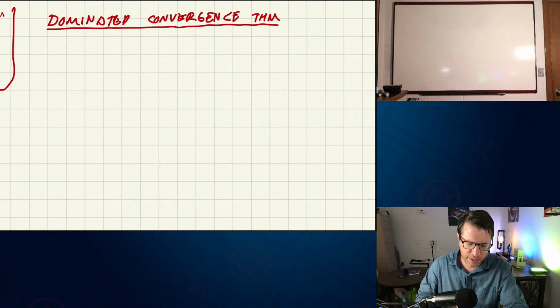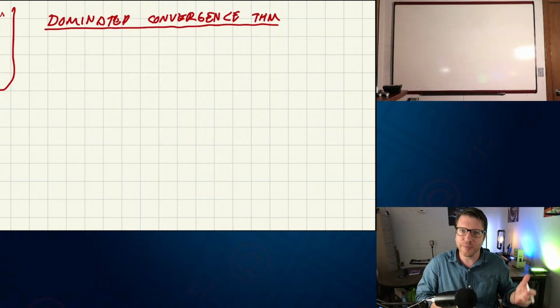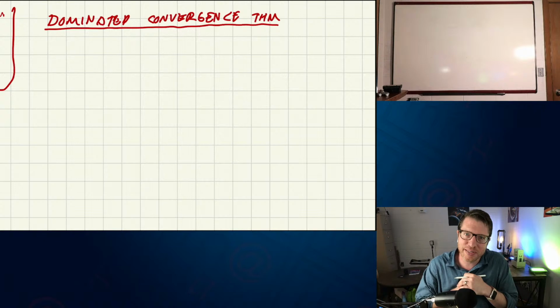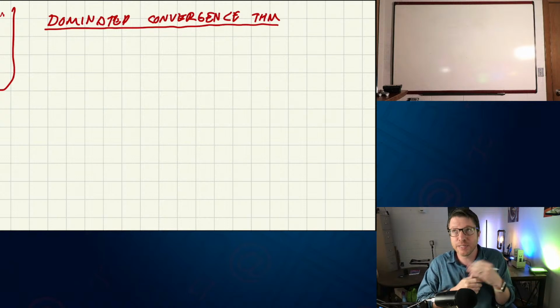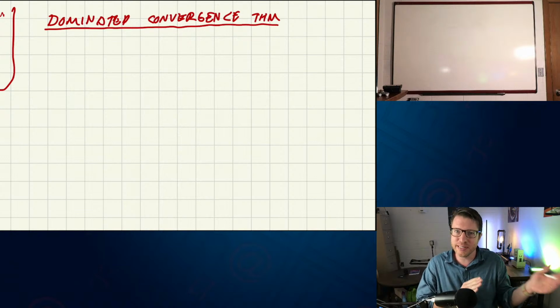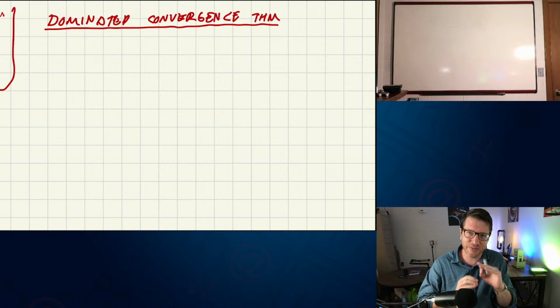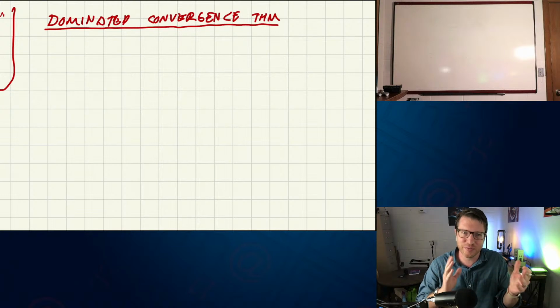So really what we're going to want to do is pass a limit through an integral. And this is usually a big no-no unless you have certain conditions. Dominated convergence gives us a set of conditions that we can use in order to pass a limit through the integration. In particular, this is going to be a Lebesgue integral, which is not really defined in terms of limits of points and things like that, like you would with a Riemann integral.